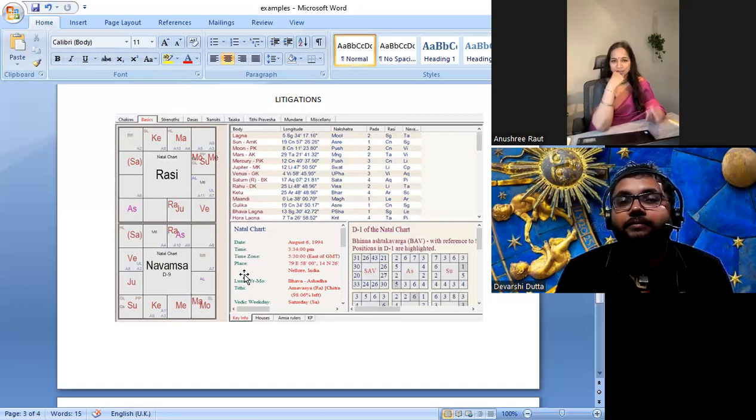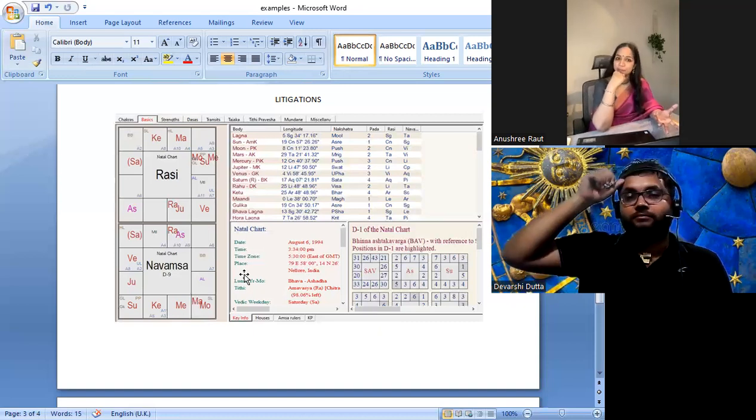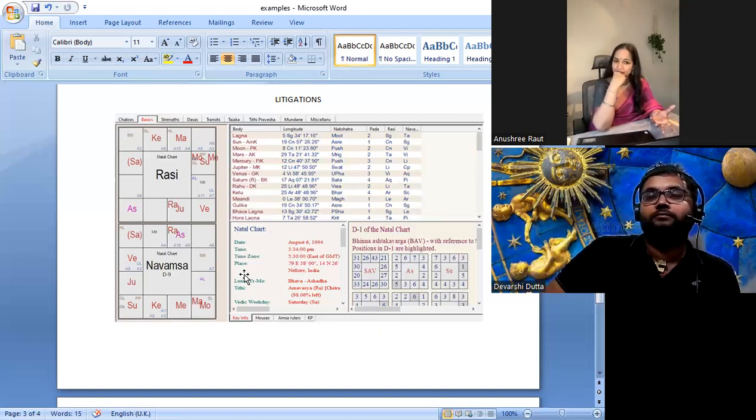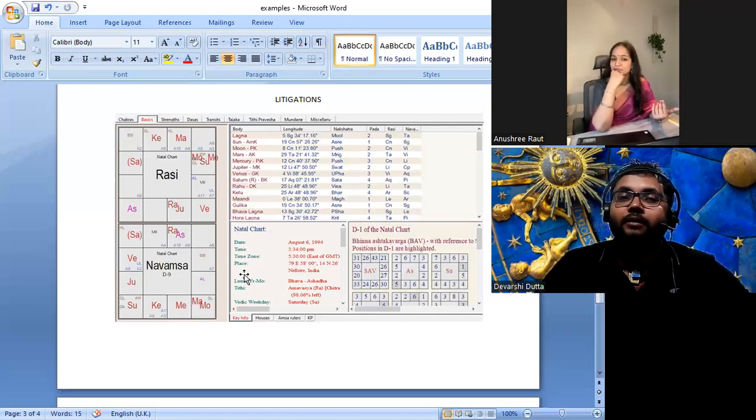Right. For the subtlest effect, we can see the second lord in amsha sandhi. So not only that, the second house is the house of your family's income. So what is happening? Because of this marriage of his, he has to lose all the money, family income. So this is how it is.